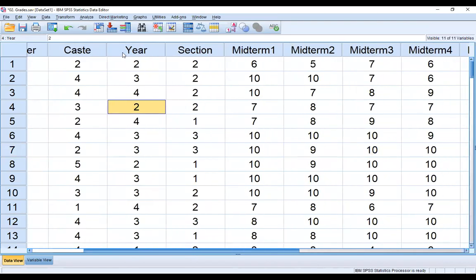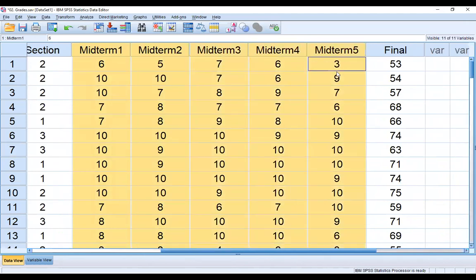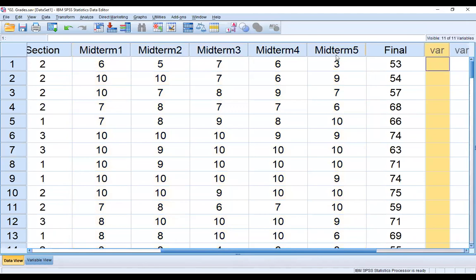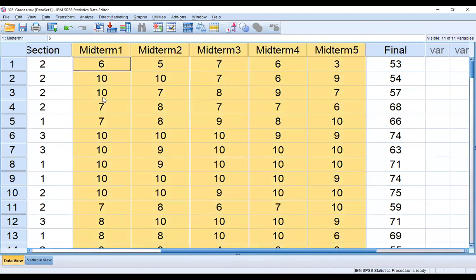There are 5 midterm exams, and I want to create a new variable that will be the average of all 5 midterm examinations. I will give the name of this variable midterm, because I am taking the mean value of the 5 midterm exams given by each student.